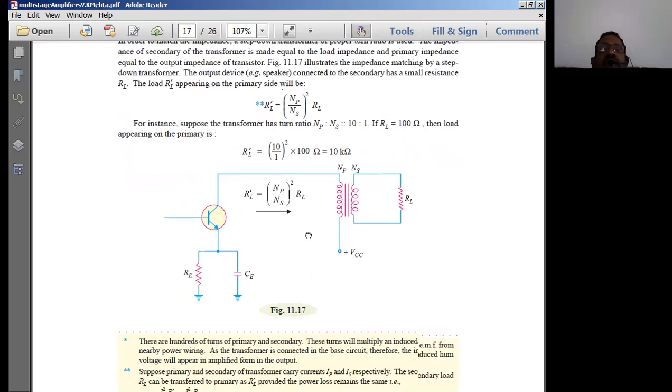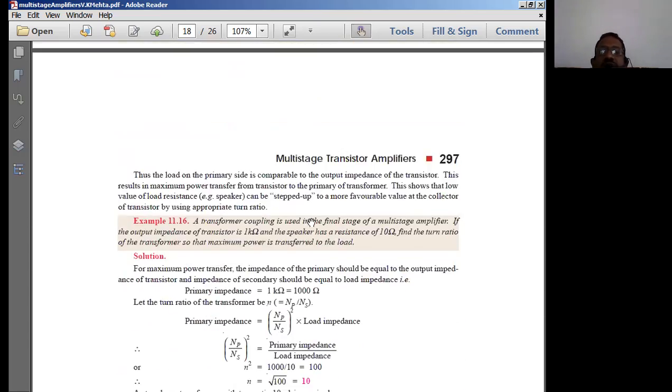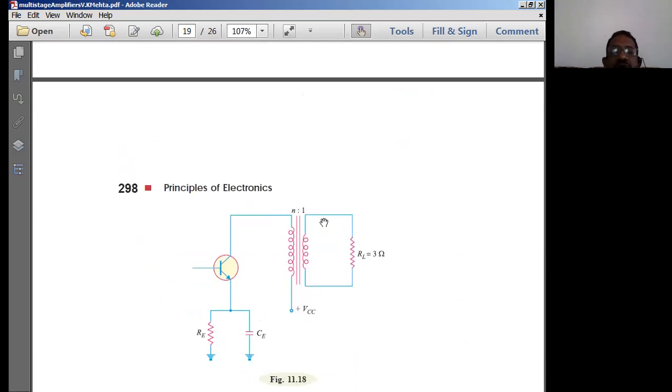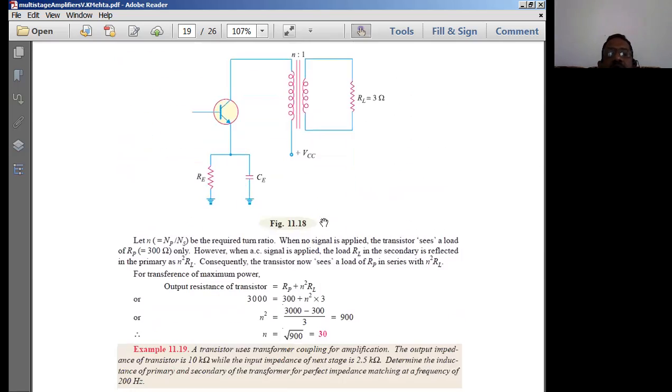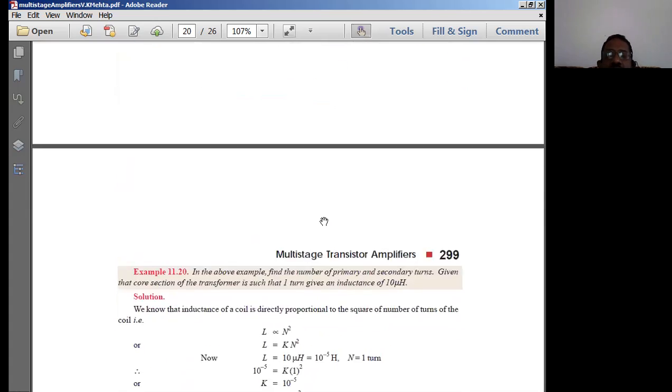And for impedance matching, the key here is going to be the impedance matching. Imagine there is a load resistance RL, which is a very small value of 100 ohms. This load resistance we can consider as the primary. RL can be transferred into the primary side by using the turns ratio, something like NP by NS. All this is transformer action, which we have seen in the electrical technology subject. The same kind of thing we have over here. Because of this load resistance transformation technique, we achieve the impedance matching. Okay, so this is the transformer coupled type of coupling.